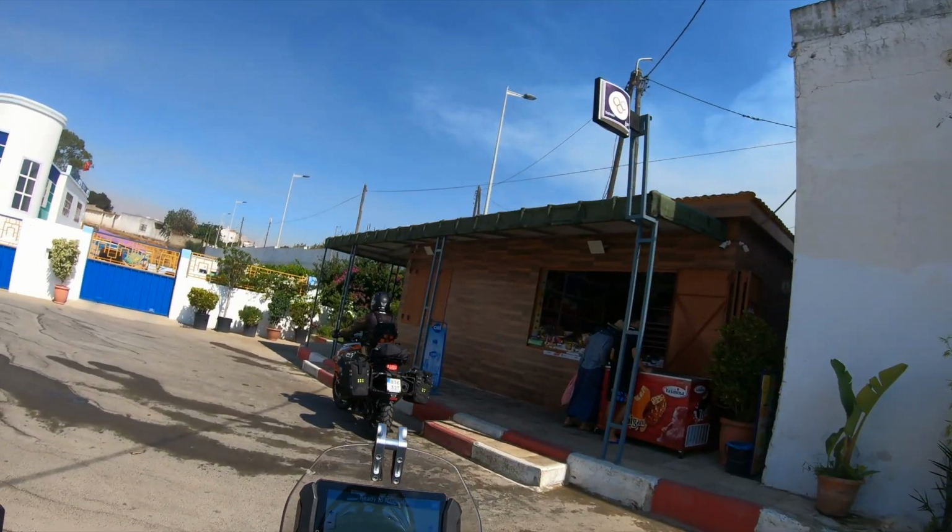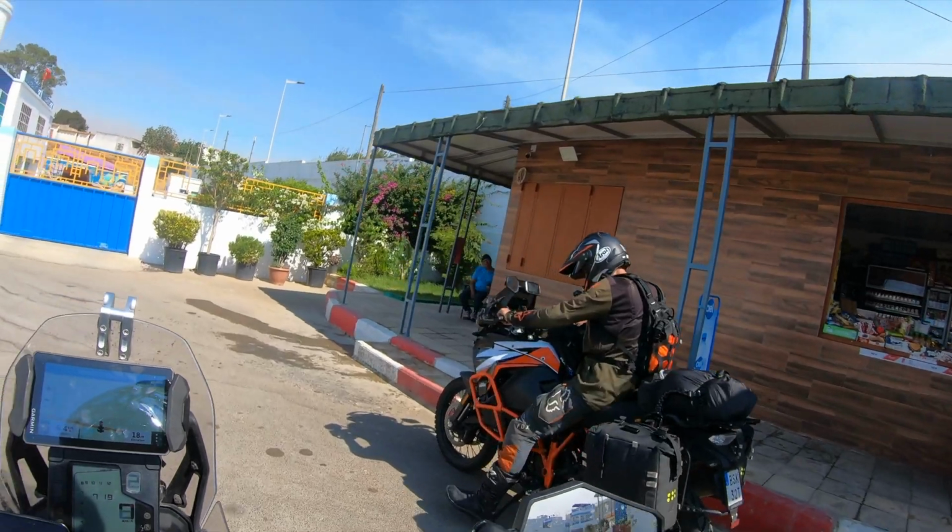But in this place where you buy the card and register your SIM card and everything like that, you can't top up your card. So you have to go to another place to get money on your card. And that you can get at almost any kiosk or any place. Any little shop has these SIM cards. But most of the people don't speak English. They speak French, and some of them speak a little bit of Spanish. So if you speak French, then that's no problem. But if you don't, then try to find someone who speaks English at least, or get someone to help you,